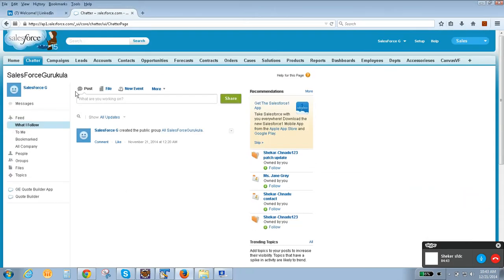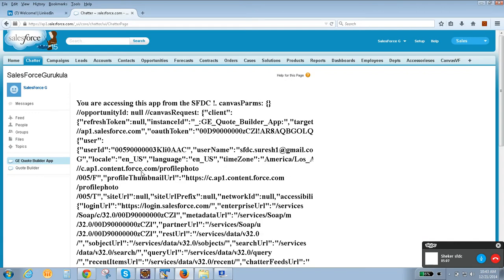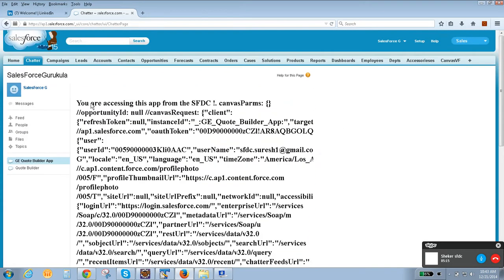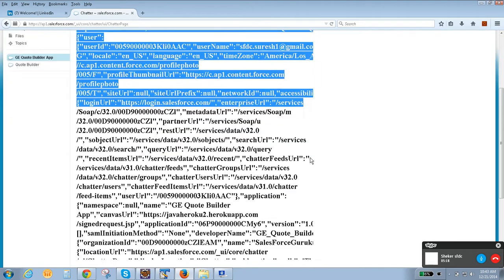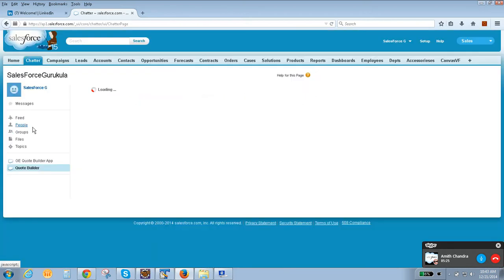So this is a Chatter where we can embed that particular Canvas app. This is the Canvas app tab, where it will come over here. If you click over here, one of the applications is loading inside this. We can open any kind of UI. This is basically a UI level integration, and we can open a particular app. If you closely observe, these are pages which open from the third party application. It is not a Visualforce page. This is some third party page which opens over here. Let me take this one.